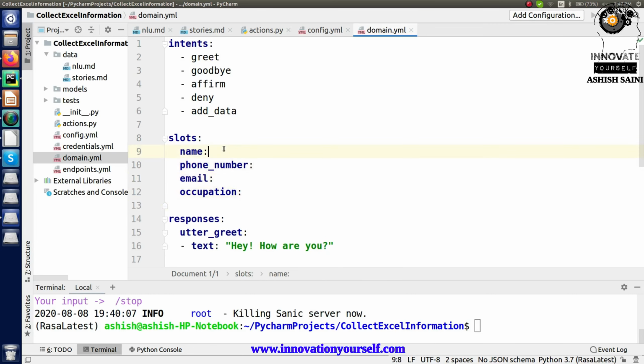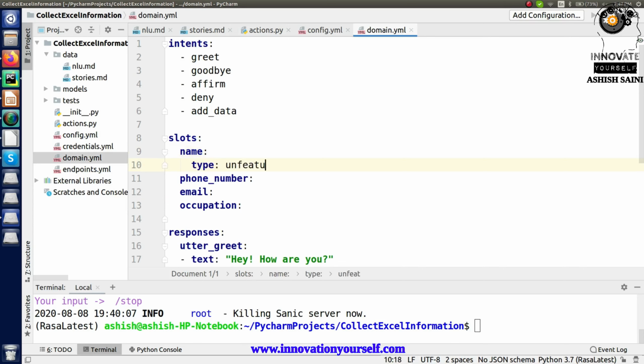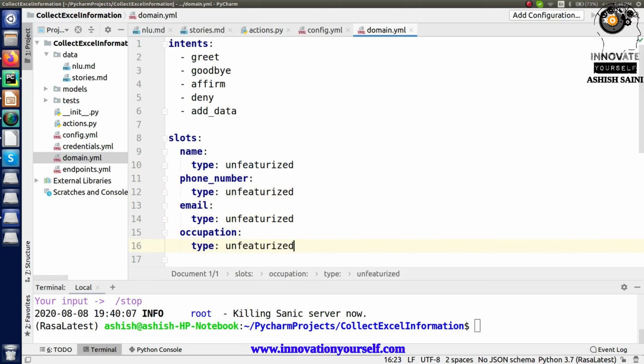This is how we are going to do it, and after that just mention the type of them, right? Alright, so the slots are ready. Now I can move ahead, and accordingly I can also create the entities if I have some, right?